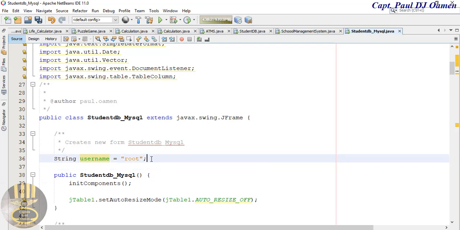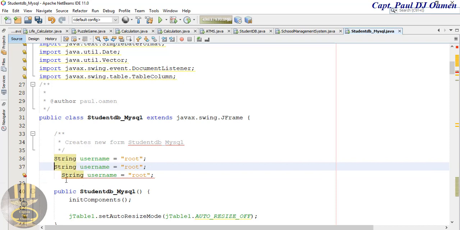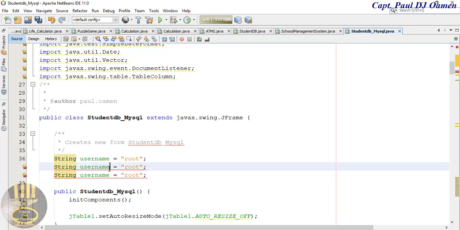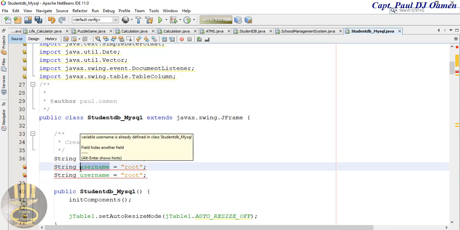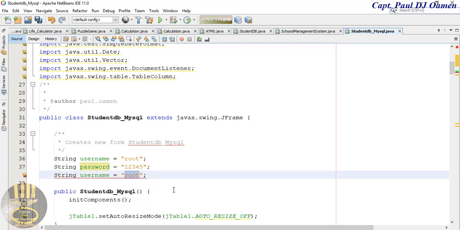So the next one, maybe just copy this and change it around. I'm going to need one for my password and my database. Okay then. Now this is going to be password, and my password login details is 12345,